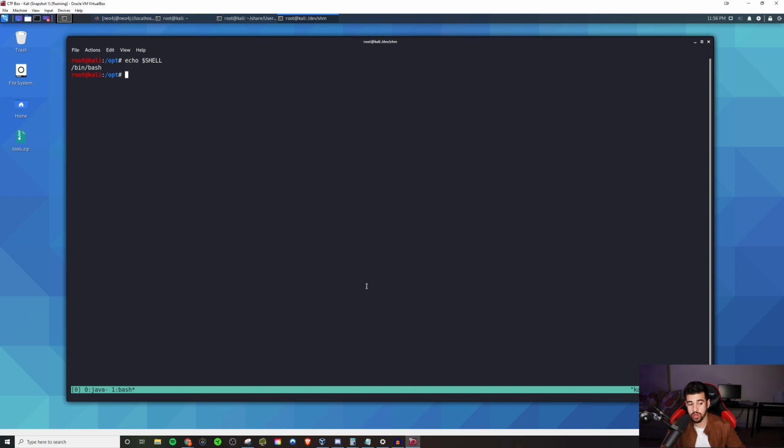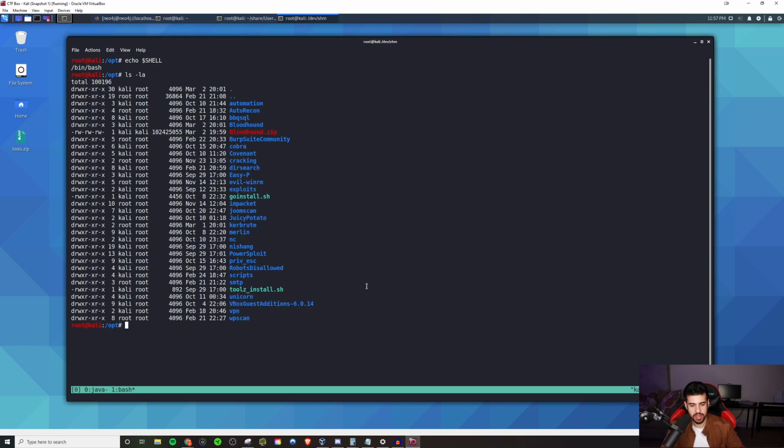So right now I'm logged into the root account. I want this alias to apply to my root account because when you connect to the Hack the Box network, you need to do that with elevated privileges, I do believe. And so if I go into /root and I do ls -la,